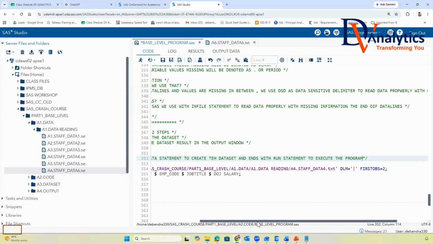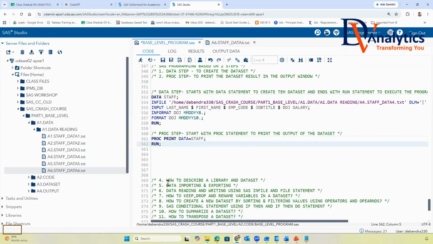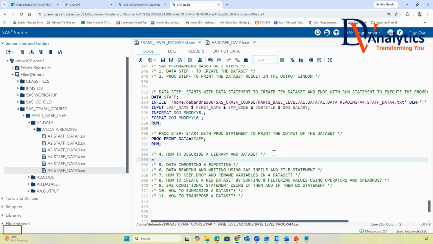This is called the data step. This is the proc step. It starts with a proc statement to print the output of the data set. Is this clear, SAS programming steps, everyone? Yes, sir.